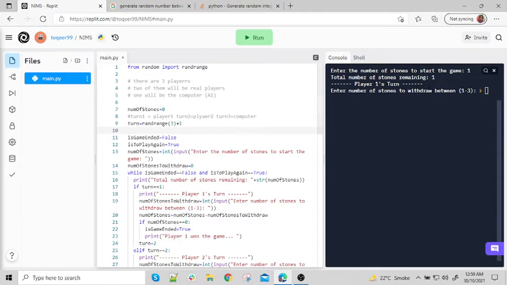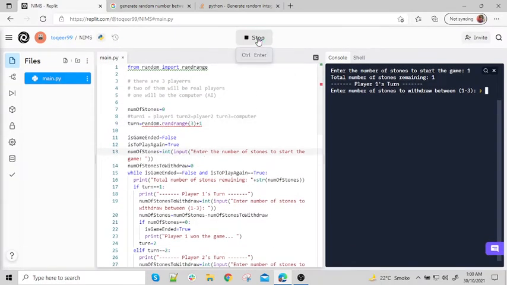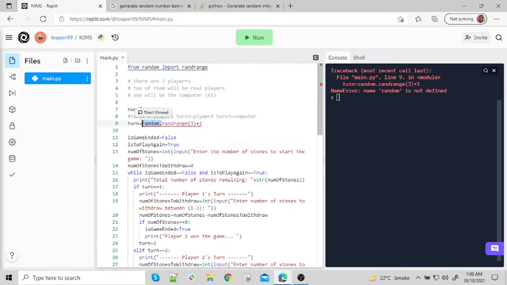So then what we have to do, the number of stones should be entered by the first player actually. So what we should do here, we need to put this statement inside. What inside means, first of all, is to be played. I will set it to true. I will set a flag to calculate the number of stones, at least one from the players. So the player with the turn will always choose the number. First, let's do another thing first. I don't need to do it here, because randrange is already imported here.